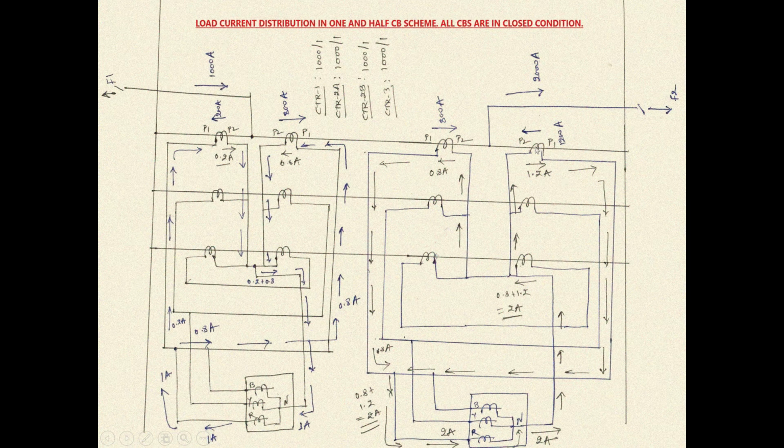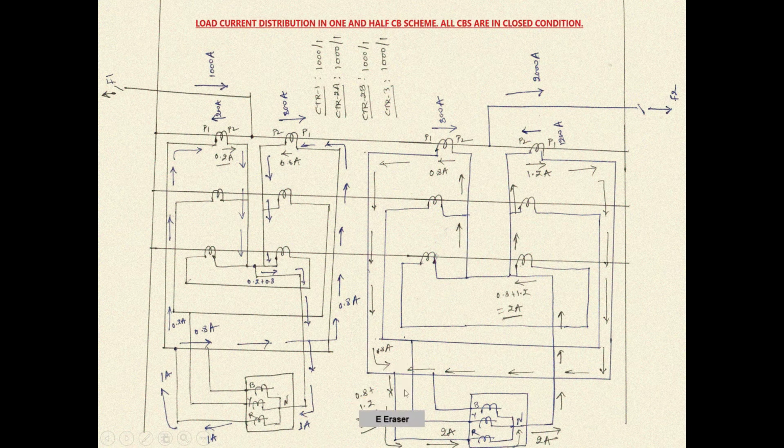Likewise, in this second CT, if you see over here, the current is entering through the P1 terminal, and that means the current must leave through the S1 terminal in the secondary side. And how much current must it leave? The 1200 ampere in the primary divided by the CT ratio of 1000. So 1200 divided by 1000 is 1.2 ampere. Now if you trace this dotted arrow, it will be coming like this, and at this junction, 0.8 ampere of current is coming from this side and 1.2 ampere current is coming from this side. So the total current in this direction will be 0.8 plus 1.2, which is 2